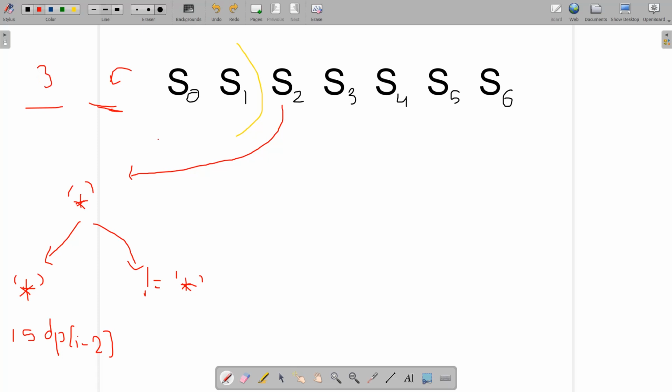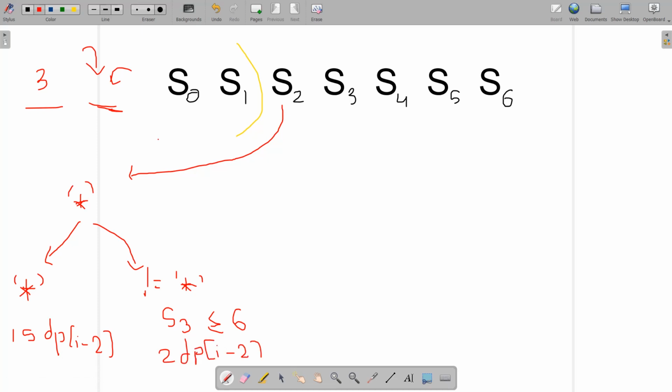Now you can see if it is 3 or more than 3, like 3 4 5 6 7, whatever the value is present over here, it doesn't matter, because you are not going to include this one, because maximum value is going to be up to 26, right? So if it is more than 26, I'm not going to include this one. So I have reached a condition, that is if S3 is less than equal to 6, there are two possible ways, twice of dp of I minus 2.